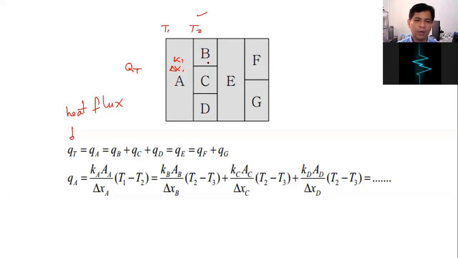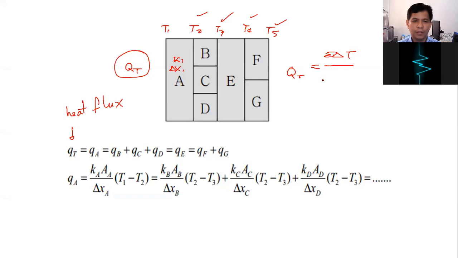Then this one is parallel. So take the R total: 1 over RB plus 1 over RC plus 1 over RD equals 1 over R total. So you can also solve T3, because the QT total is still effective in this area. So it can be one at a time, and then you get T4 again until you solve T5. But it can also be done all at once. If you are looking for T5 directly, you can write the whole equation: Q total equals the summation of delta T over the resistances.